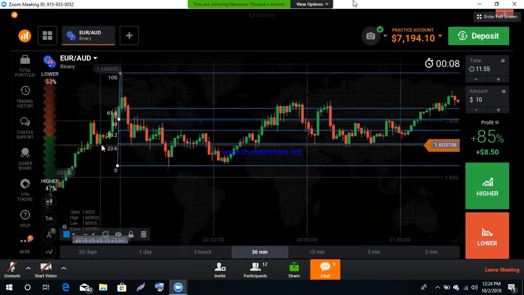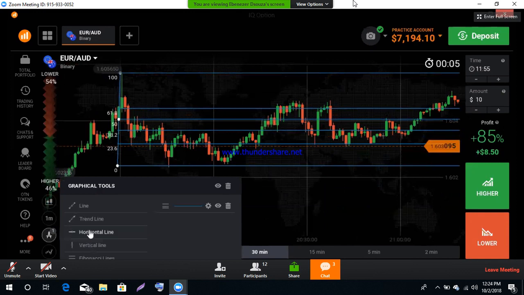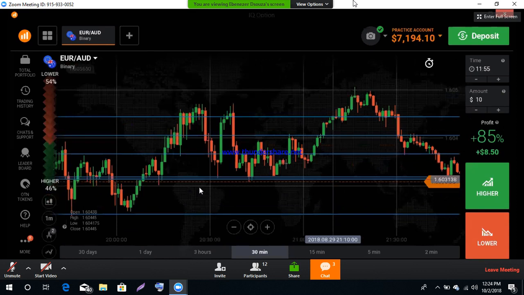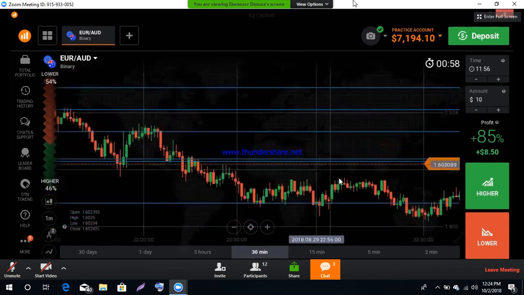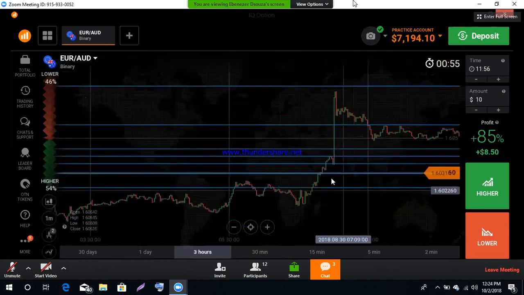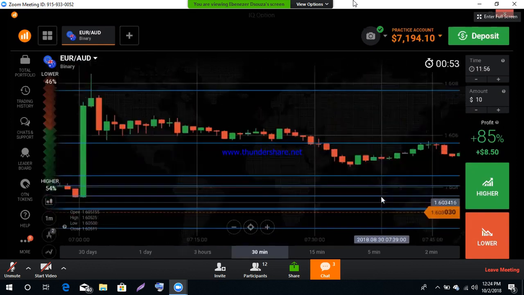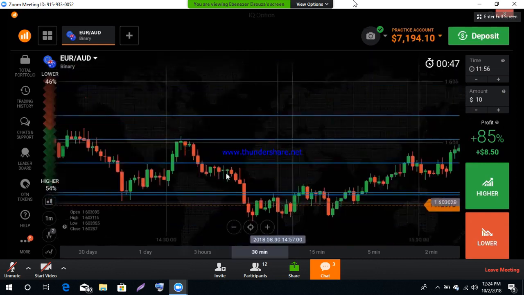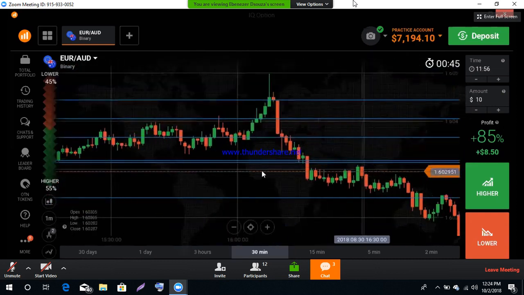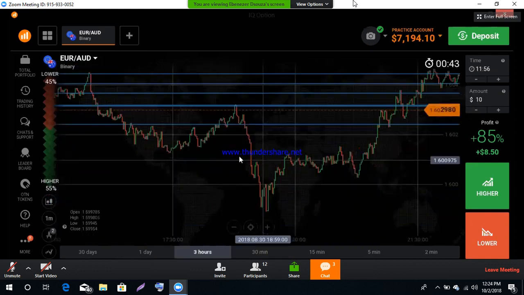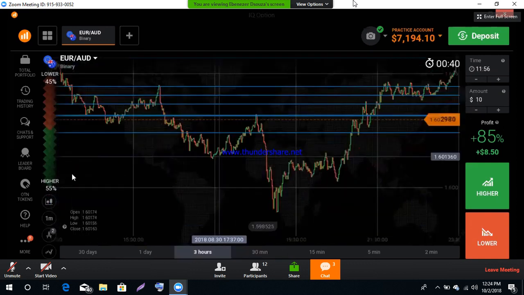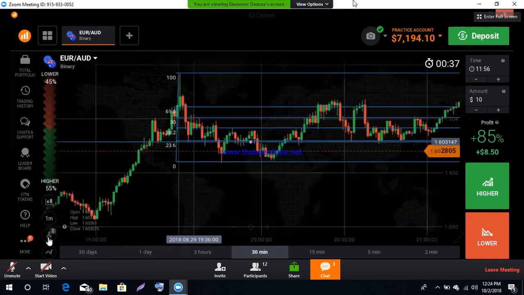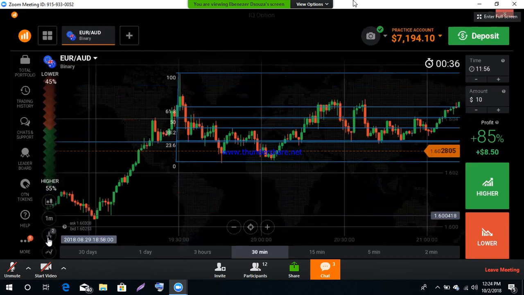Okay, you can see the 23.6 level, and it reversed. I think this 23.6 level is working here, so we can consider this as a strong level. And we need to check whether the level is working or not.